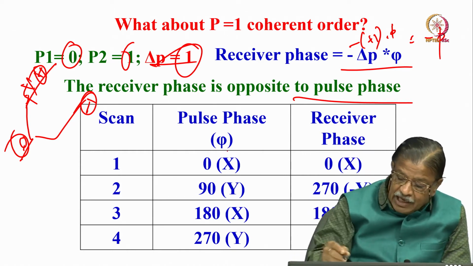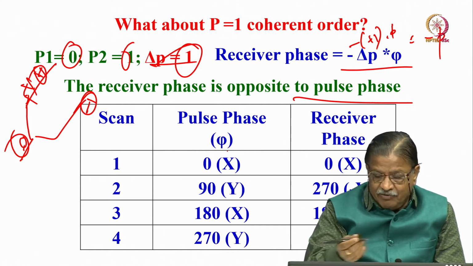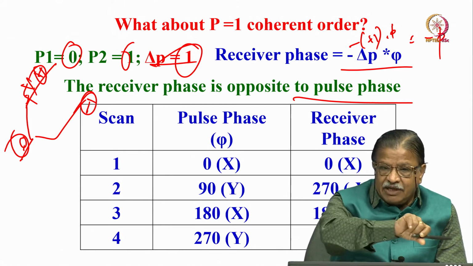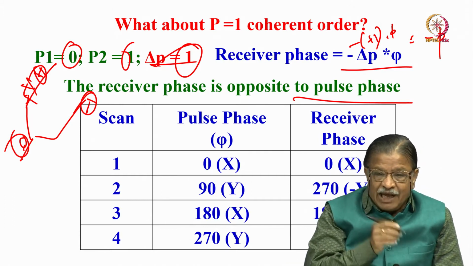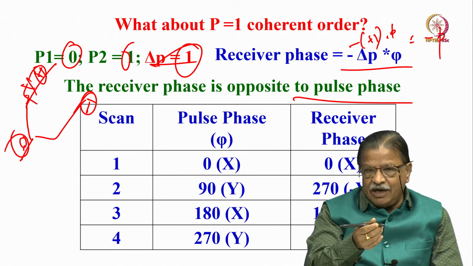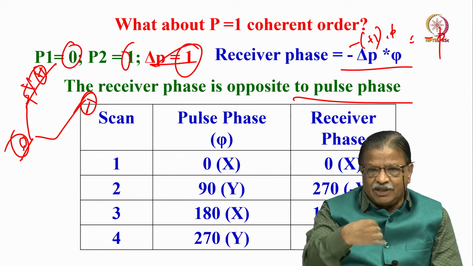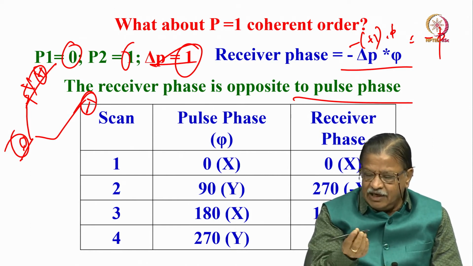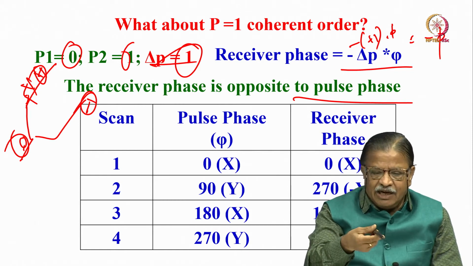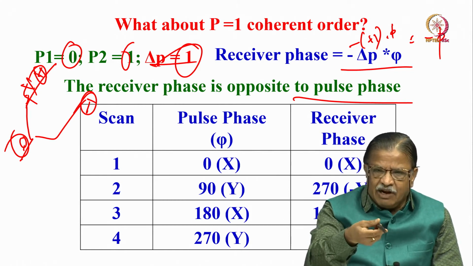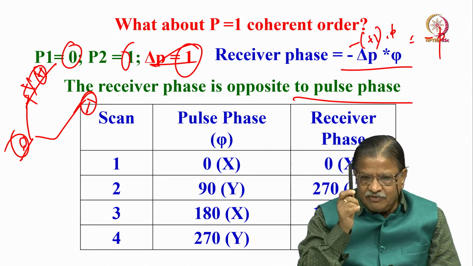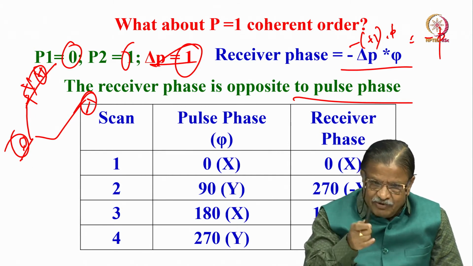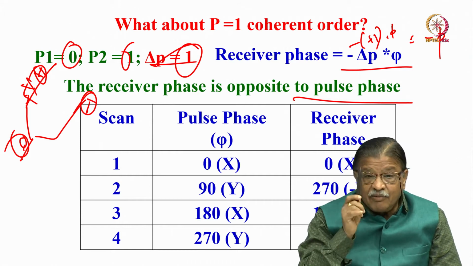So now if my pulse is here, the receiver has to be opposite. Then only you can select plus 1. But earlier for minus 1, receiver and pulse phase were going together simultaneously. Receiver was here, pulse was here. When I changed the pulse phase here, I changed the receiver also here. Like that I was doing for minus 1 coherence pathway selection. For coherence pathway selection of plus 1, they have to be opposite.